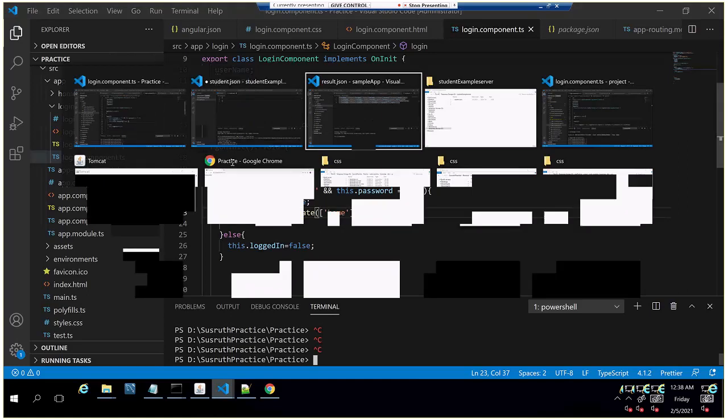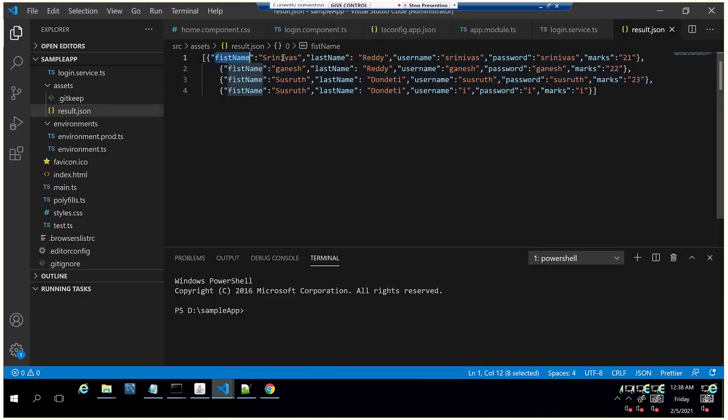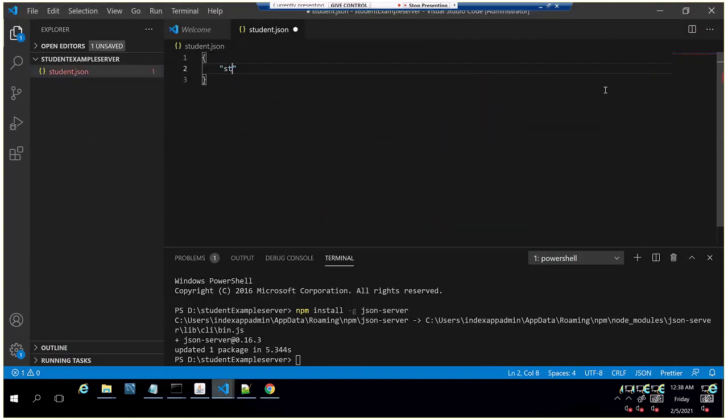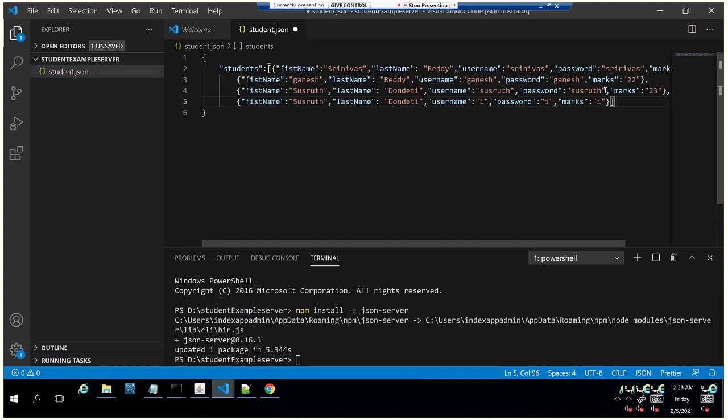It is a key, and this is the value. Similarly, we'll create one key for this whole object, students, and the object will be like this. So if I access this API, it will return all the results, which are all the student objects.